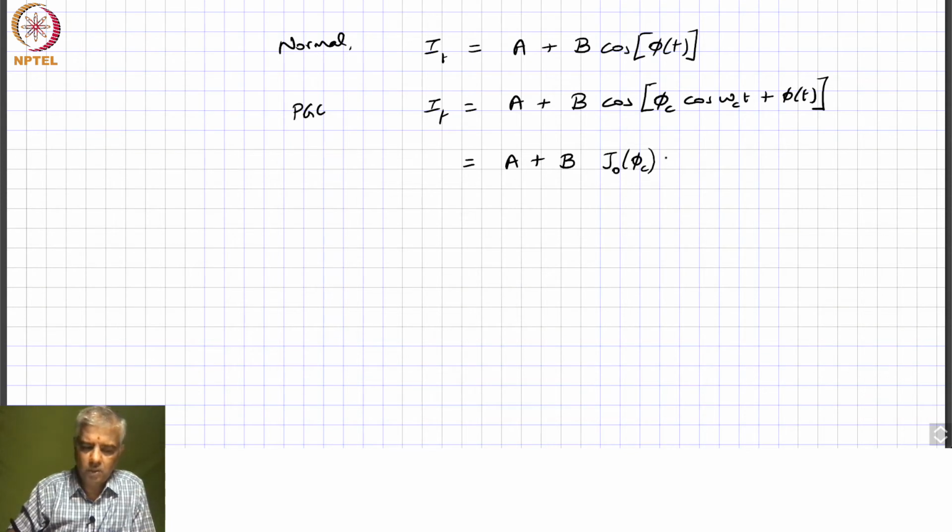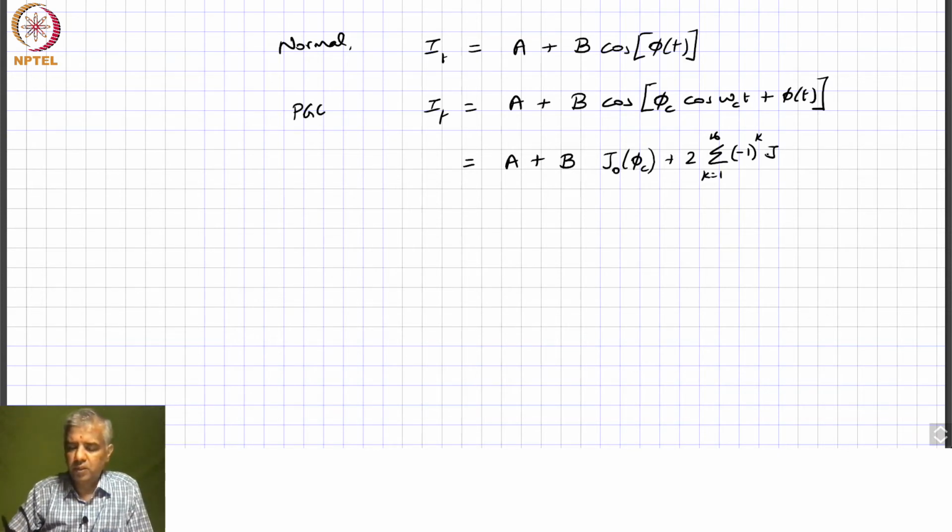And then you have these higher order components, let us say k equal to 1 to infinity, minus 1 to the power of k, the Bessel function of even orders. So, then you have basically J 2k of phi c and then cos of 2k omega c t,